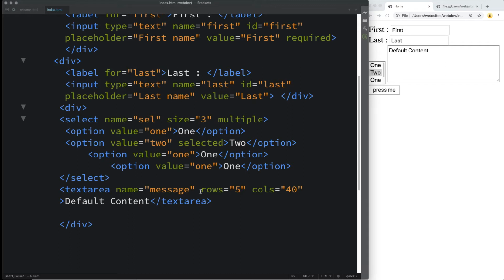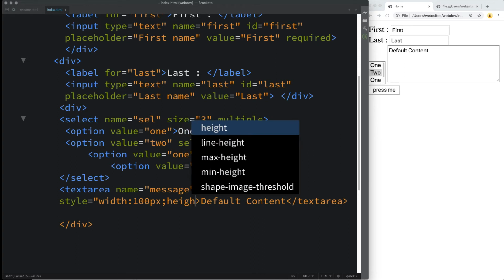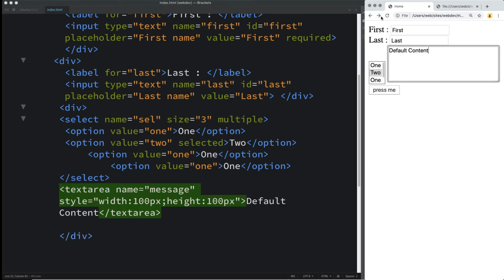There's also the ability to do it with styling. And so this is more commonly used with style, that we specify the width of the element, and also we can specify the height of that element. And this is separated by the colon. And that's just applying the style attribute. And then that way it will set the text area to whatever style attribute has been specified.